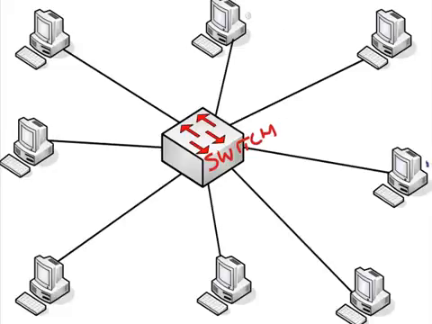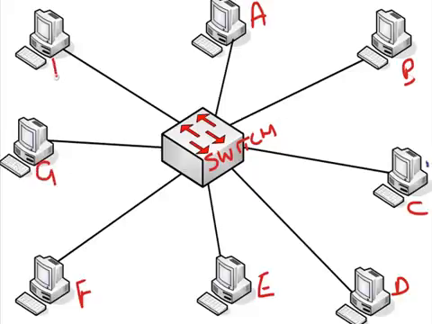So let's give our devices names again. A, B, C. I wasn't the world's neatest writer at school, as you can see. So we've given all our devices names now, and let's say that PCA wants to send a message to PCB. Now if you've just booted this switch up, it will have 0 addresses in its directory stored in a CAM table. So what will happen is the frame will come in